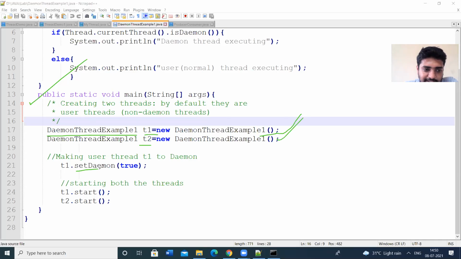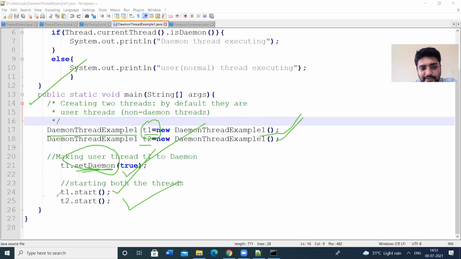T1.setDaemon is a method which is used to set the thread as a daemon thread. T1 is a thread defined by me, and it is not a daemon thread. Now I am making this thread a daemon thread. The syntax is T1.setDaemon(true). Then I am calling T1.start, T2.start.